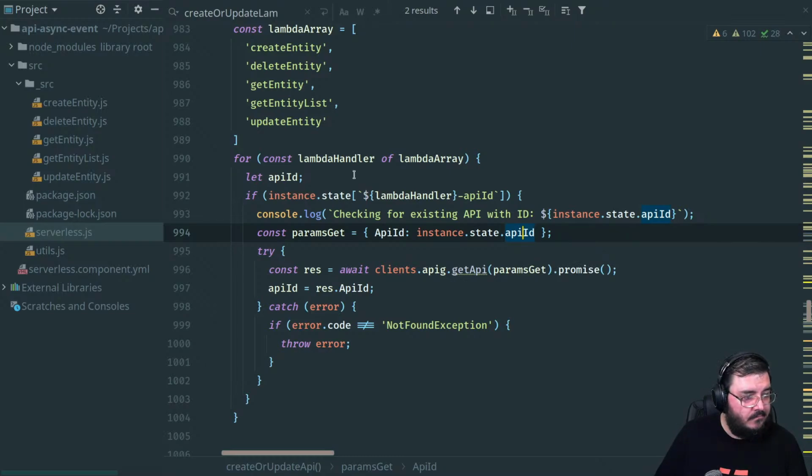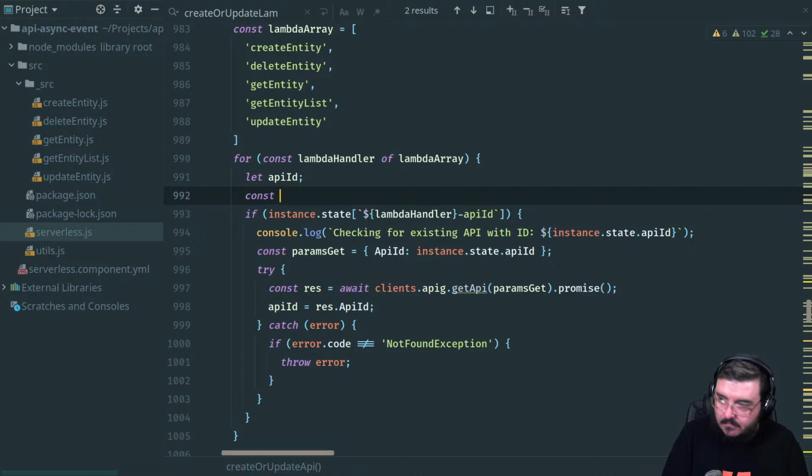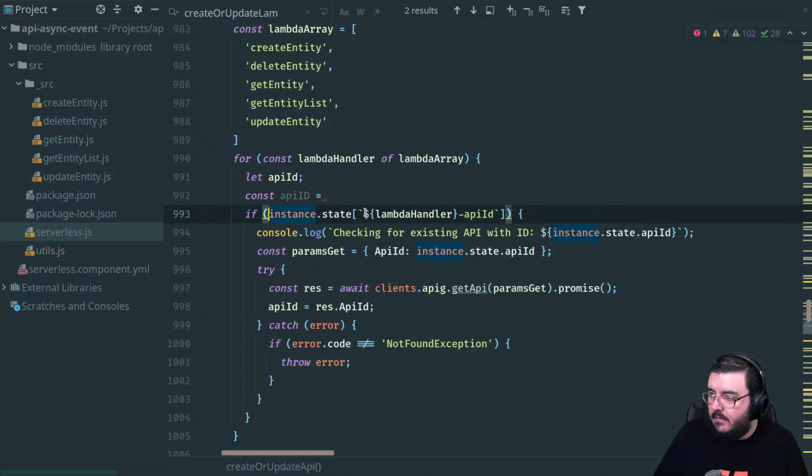Interesting. And actually, I'm going to... API ID is equal to this.